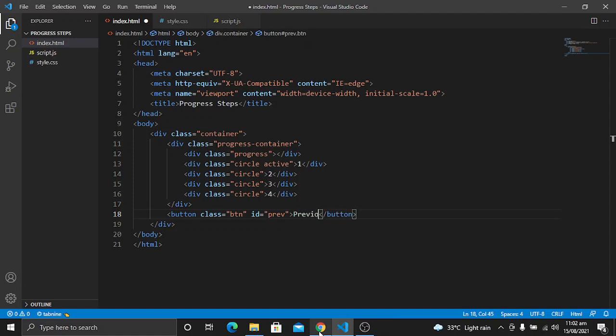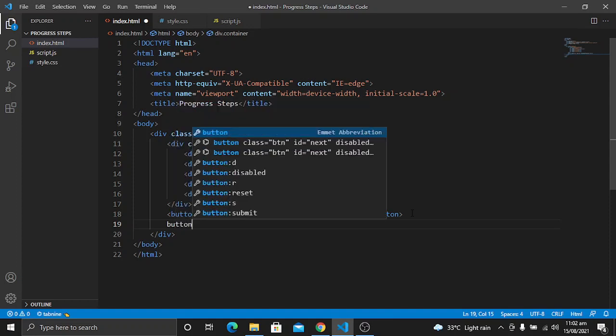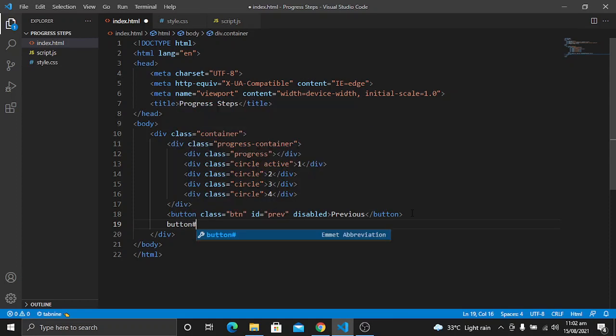So it will say previous, and for the first step I also want to make it disabled by default, and the next button is going to say next, with the class of btn and with the id of next.